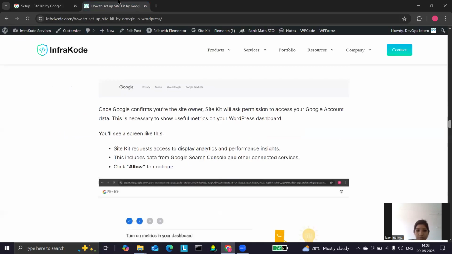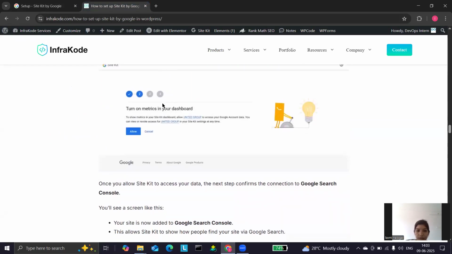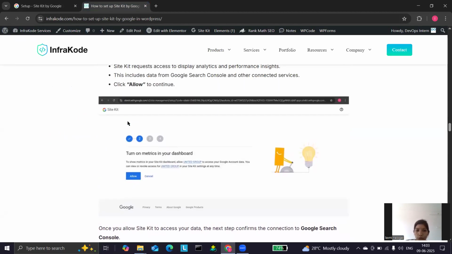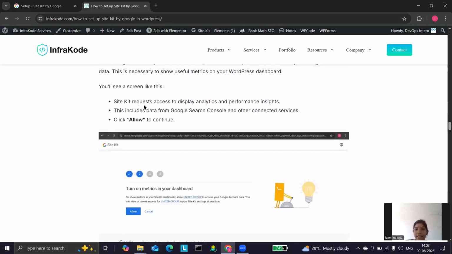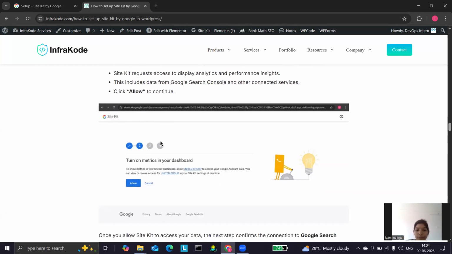Here we have to click allow because Site Kit requests access to display analytics and performance insight. This includes the data from Google Search Console, and it also connects with other services. For that we have to click on allow to continue.